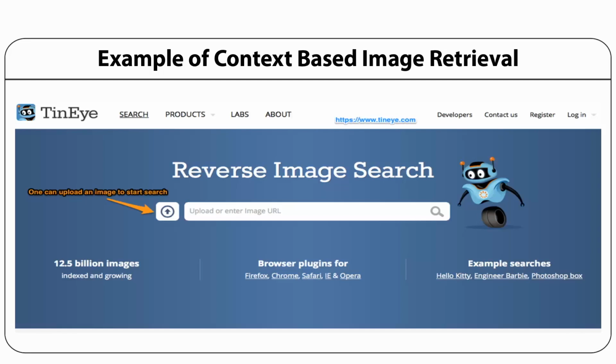So the matching is done on the basis of the image uploaded by the user, and this interface does not provide text based searching. So this is the area, context based image retrieval, that involves how the query is done through an example which is provided by the user.